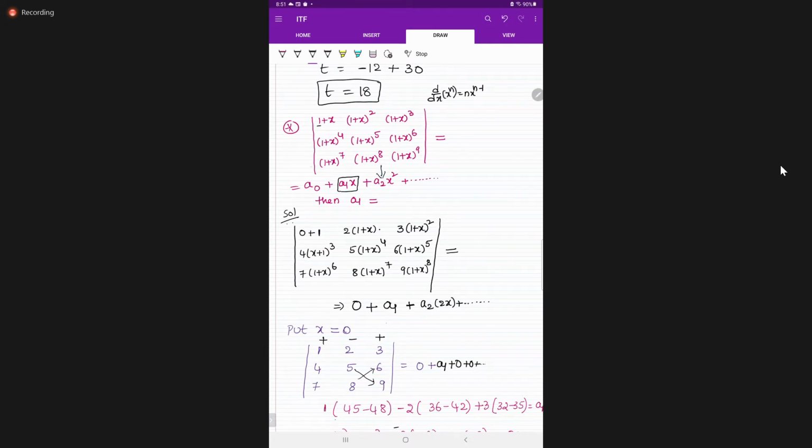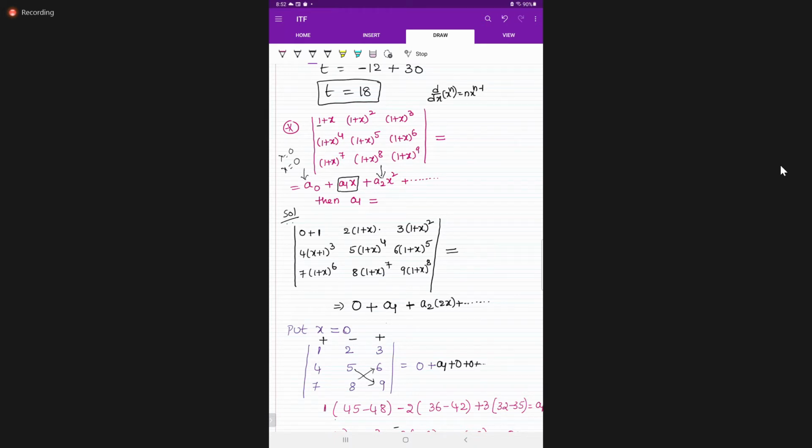You want A1 means directly put x is equal to 0 or constant value lambda equal to 0, depends on that problem. You want A0 means directly substitute. You want A1 means first do differentiation, after that substitute x is equal to 0. You want A2 means 2 times differentiation, after that substitute x is equal to 0. You want A3 means 3 times differentiation, after that substitute x is equal to 0. Then you can get A3. Students understood what I am telling here?